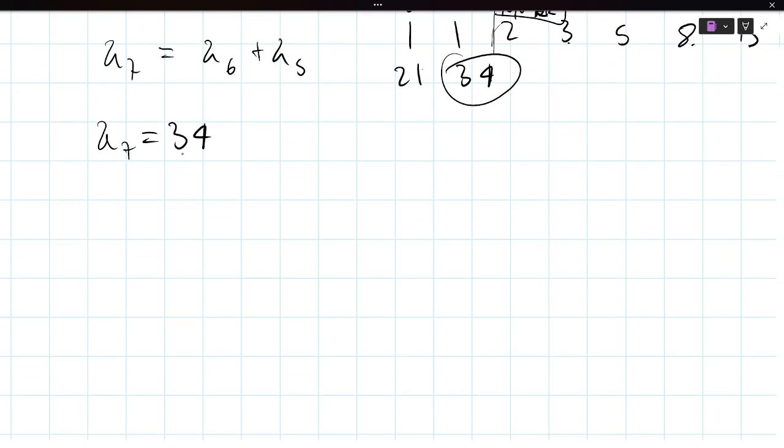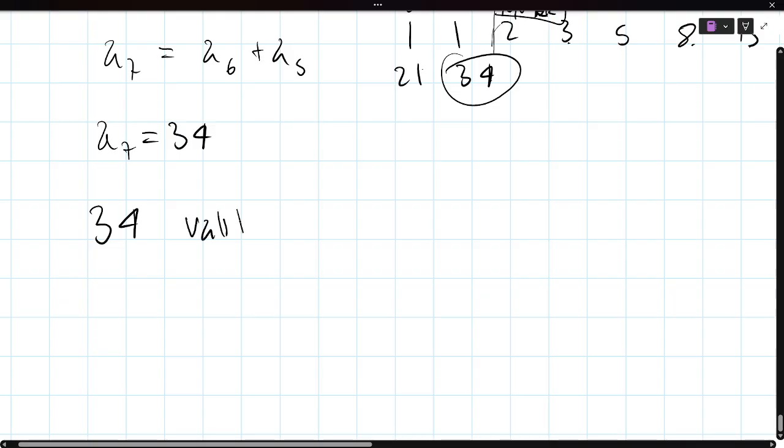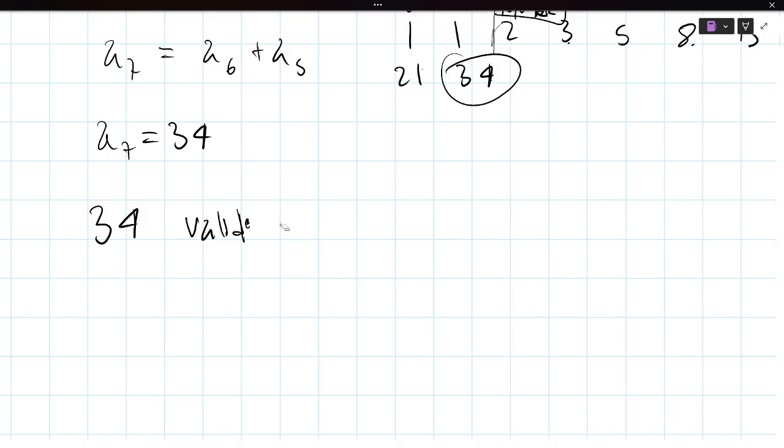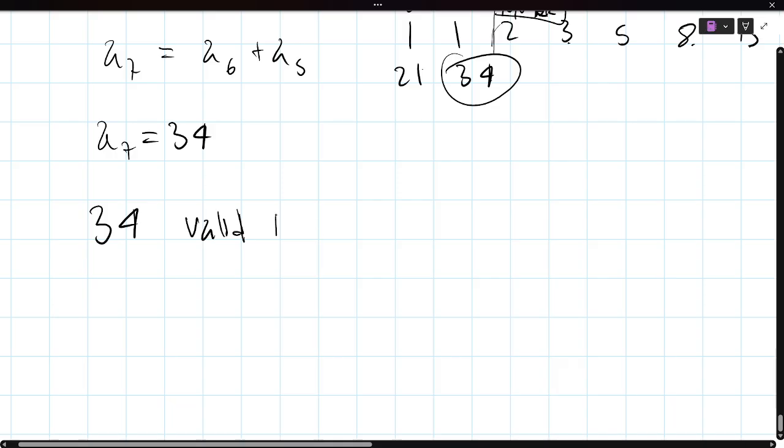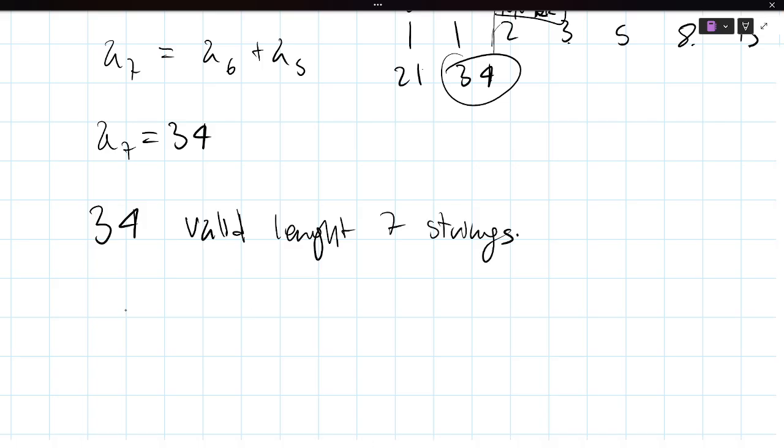Now, we know that there are 34 non-consecutive strings. Well, actually, the better way to phrase this, 34 valid length 7 strings. And now for any probability, I need the number of things we want